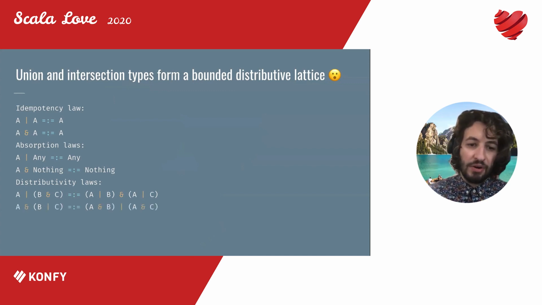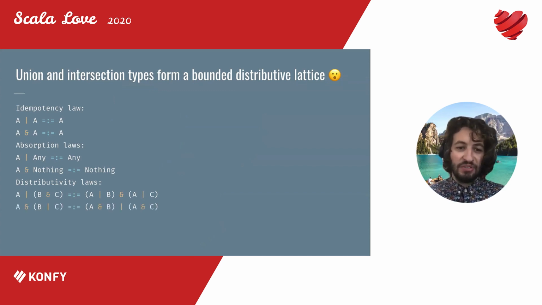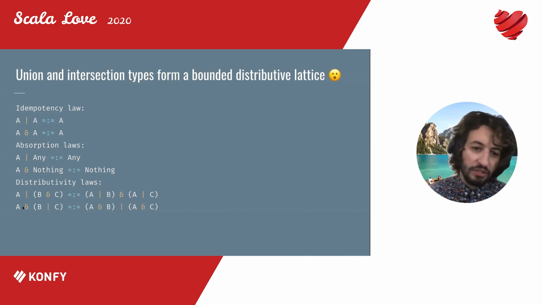And the cool thing here is that with the distributivity of sum and product types, I was like, oh yeah, you do it yourself. But in this case, we can actually just let the compiler do it, because the compiler will actually see these two types, or these two types, or these two types as equal.